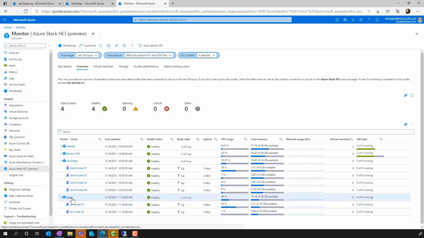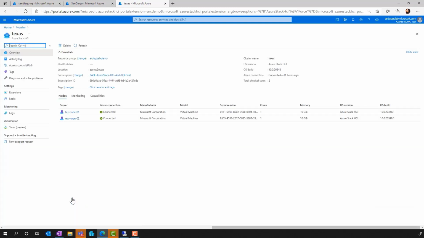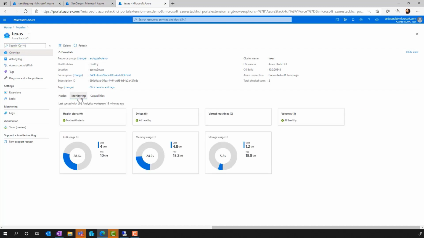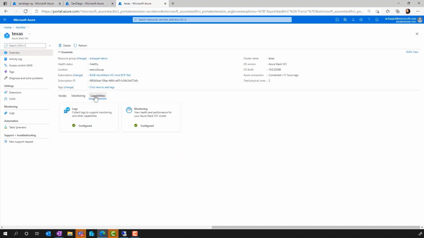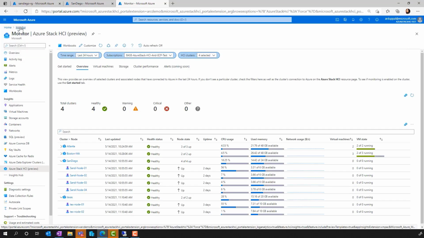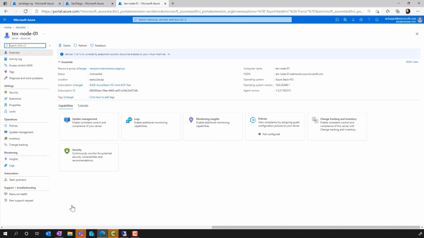I can further interact to navigate to the cluster resource page and view the per cluster monitoring view. Or I can navigate to Arc for Server resource page.